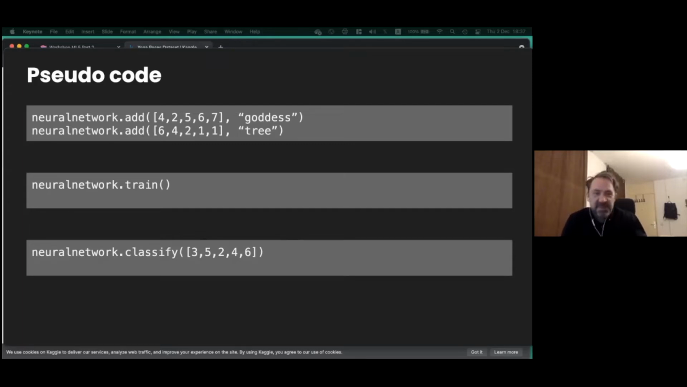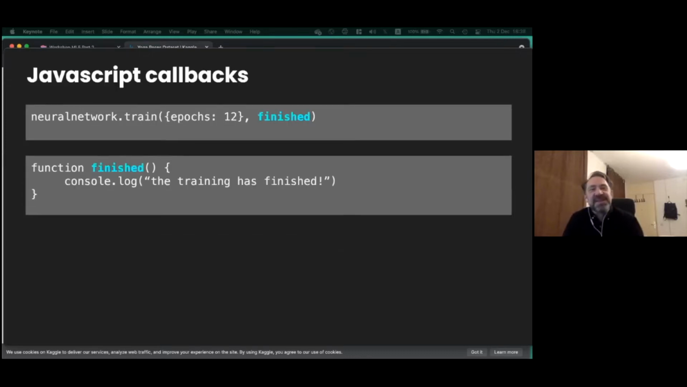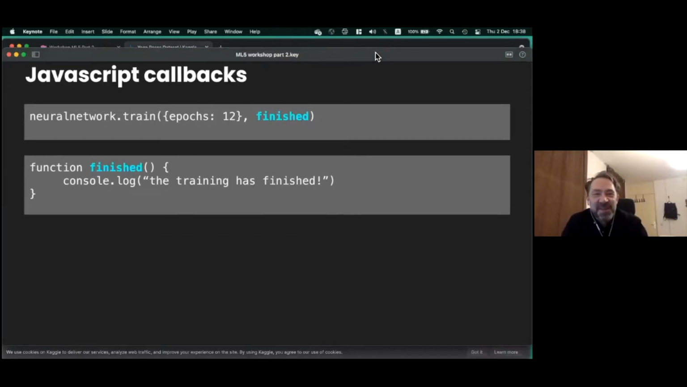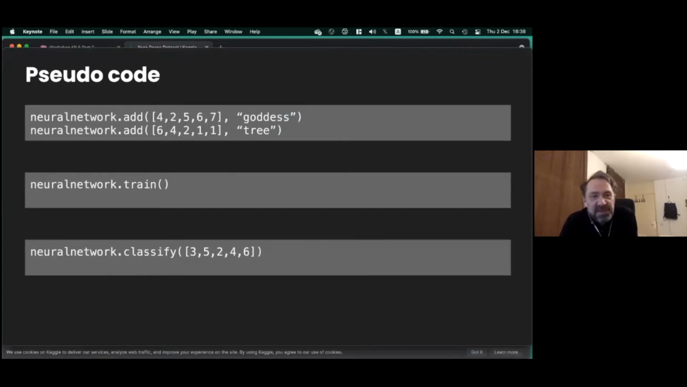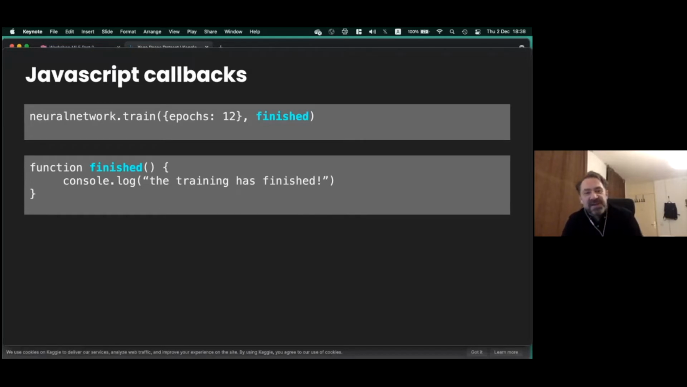And one thing that's really peculiar about JavaScript, and some of you have struggled with this, even myself when I started with JavaScript, is that JavaScript does not really have a top-down order. If I look at pseudocode, this goes from top to bottom: first you add, then you train, then you classify. But in JavaScript, it doesn't work like that. You have to make functions, and then you have to tell the neural network